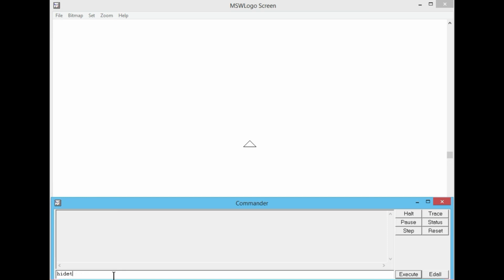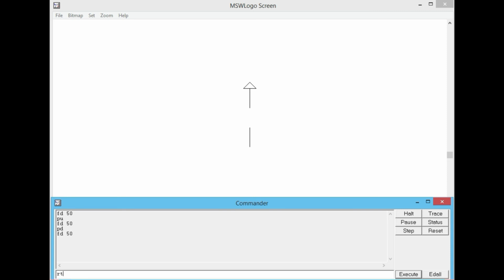So now to view how this command works, let us first draw something on our drawing area. So let's use some series of commands. So I'm using forward 50 and press enter. Now let's use the pen up command, PU enter. Again let's use forward 50, press enter. Again let's use PD command, pen down. This will pick down the pen, and then forward 50. Now the logo turtle will move with the lines behind.